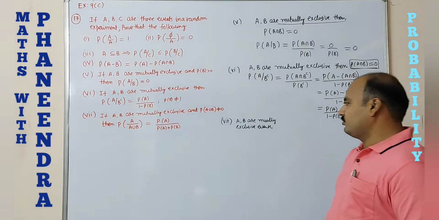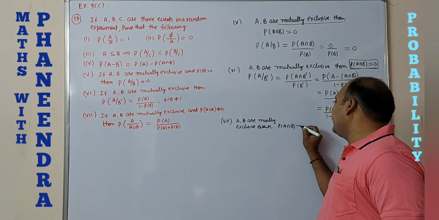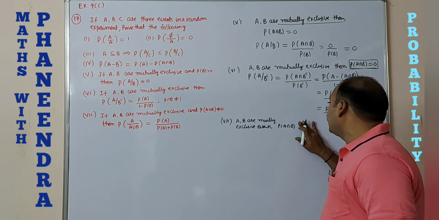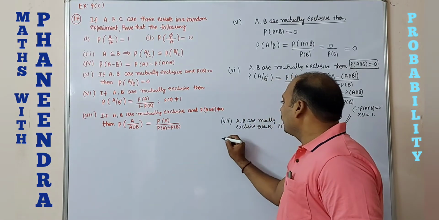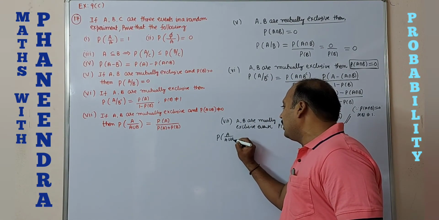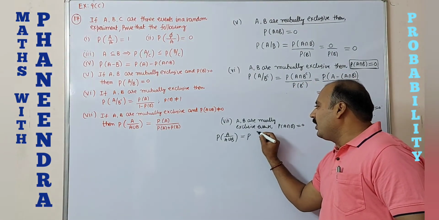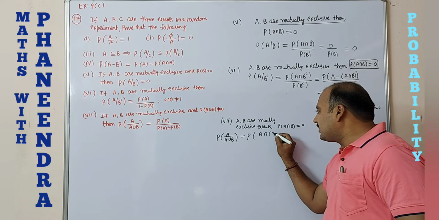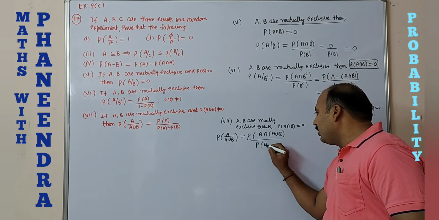So P of A intersection B is equal to 0. Now what they are asking here is P of A given A union B. So by definition of conditional probability, P of A intersection A union B by P of A union B,